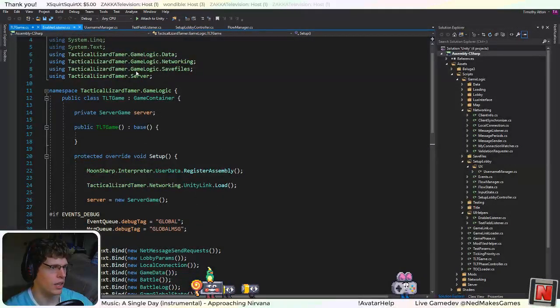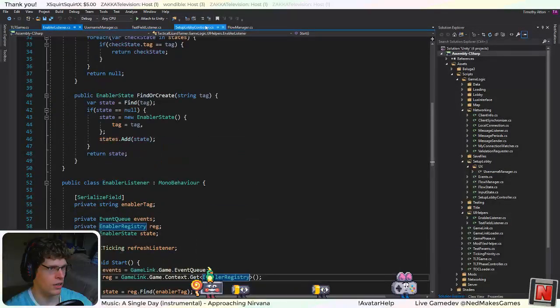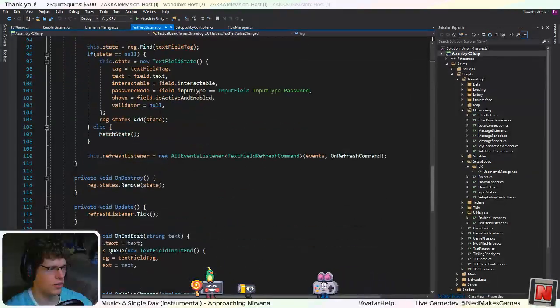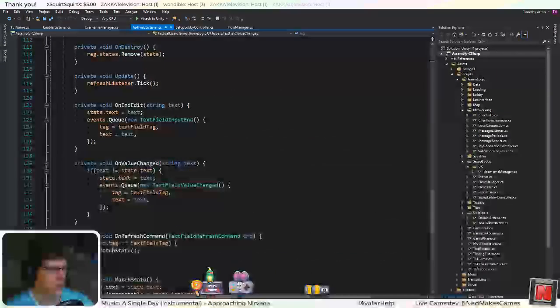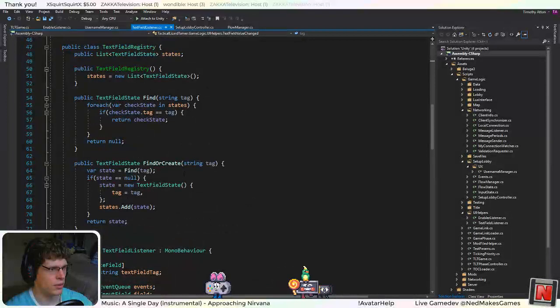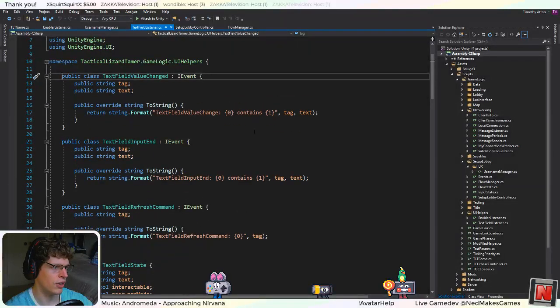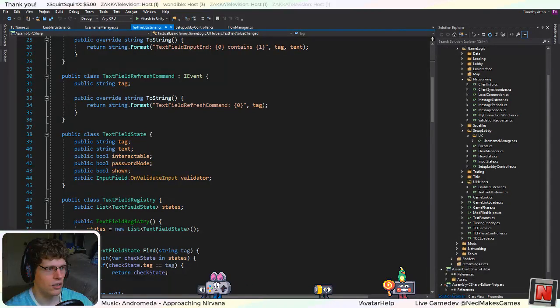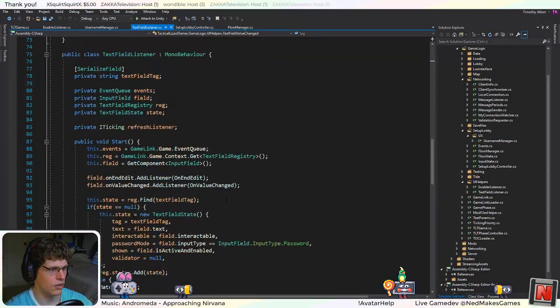Yeah, I have this enabler listener, and then I have pretty much the same thing for a text field listener. And I was thinking over the weekend that it's kind of silly to have these classes, because I don't really need a layer of extraction between the game code and the Unity interface, because I already have a layer of extraction between the game logic and what I call the UX classes. So having another between the UX classes and Unity is just going to, I think, create a lot of extra